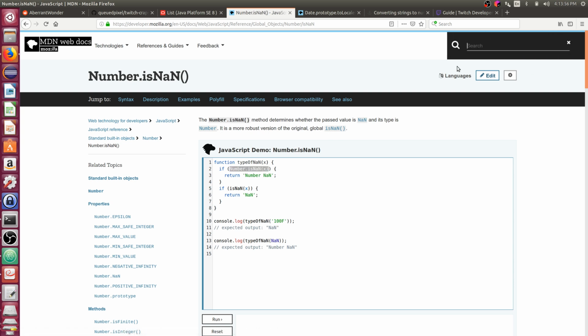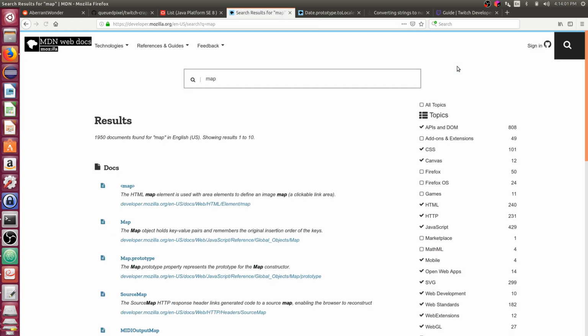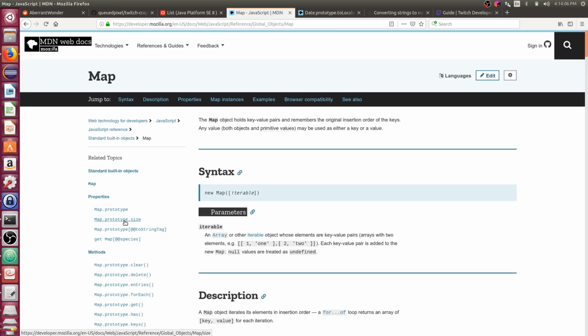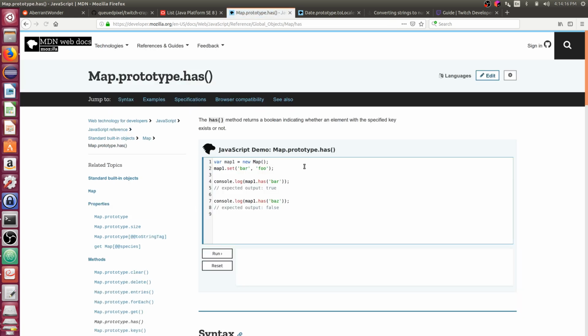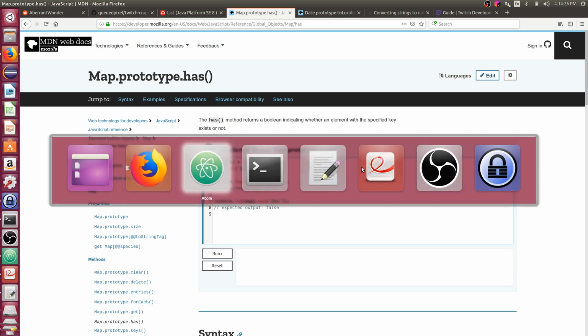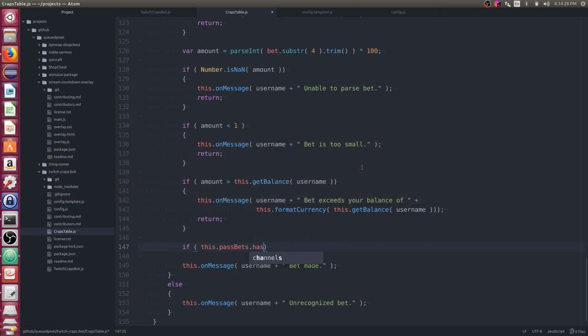Let's try a search here for map. There's probably a contains or has. This is where knowing multiple languages gets you in trouble because I think Java would be contains, but JavaScript is has. So if this dot has username,